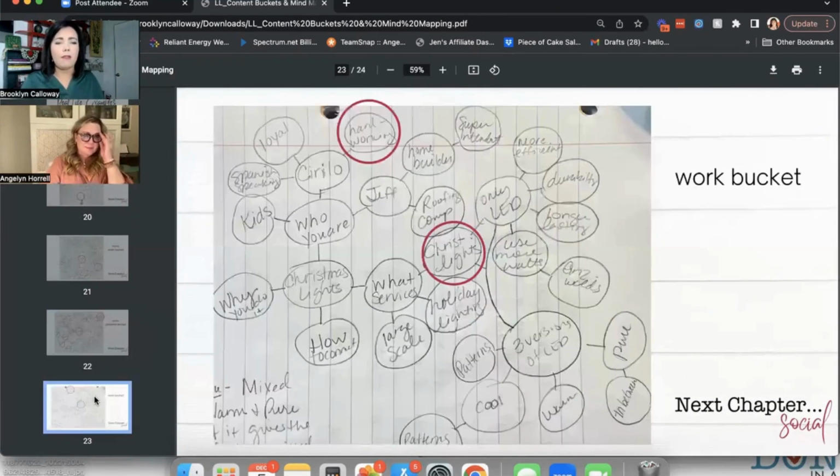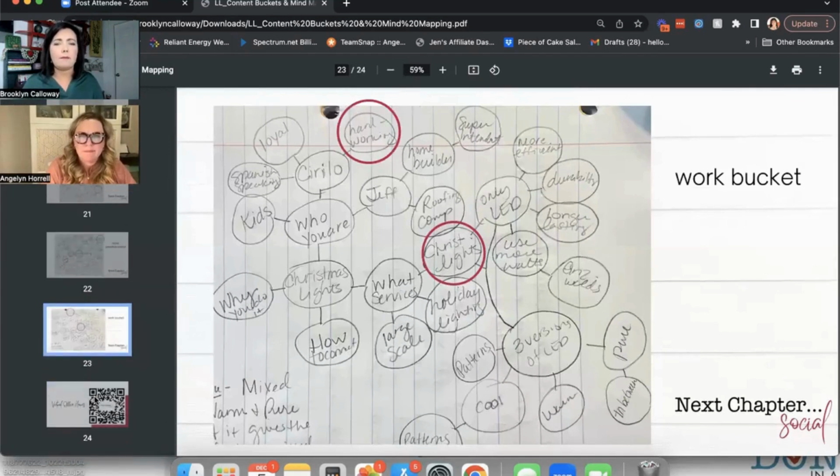And then finally on this one, it's a client of ours. She does Christmas lights, and we were getting prepared for this back in August, and we were doing all of hers, and she has a business brand. So we went out talking about the people, and one of those people is Cirilio, and he's been with her for 3 years. He's very hardworking, and she had a really good story about that. So that was what she posted on her social media, and it ended up getting a lot of engagement. So these mind maps really lead you to concepts and topics and stories that you otherwise wouldn't have been able to think of had you not done this exercise.